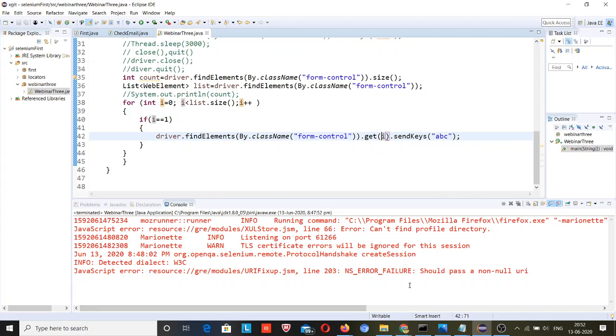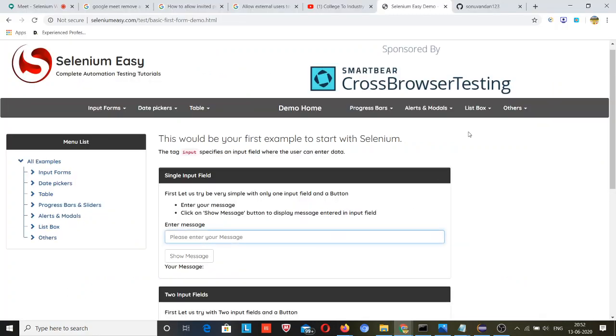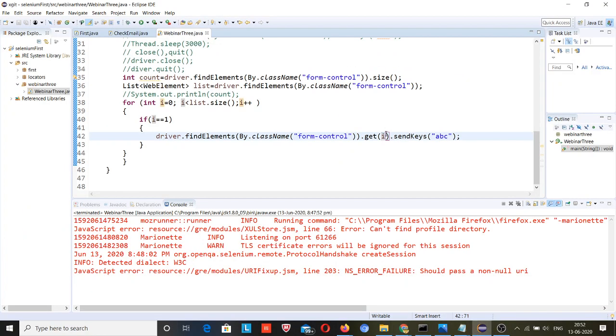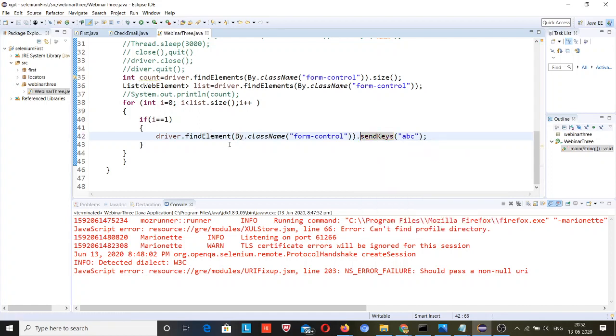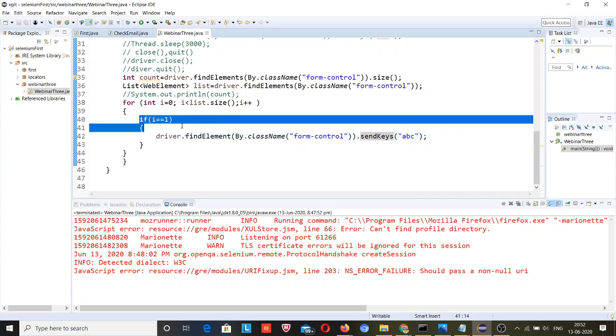But if this second attribute is present in the Selenium web page and you do not put I, it will simply go with the find element method and do this task. I don't know why I have taken a lot of time, because sometimes things happen like this. But what happened, okay, Ramakrishna's logic was correct, he went very good.